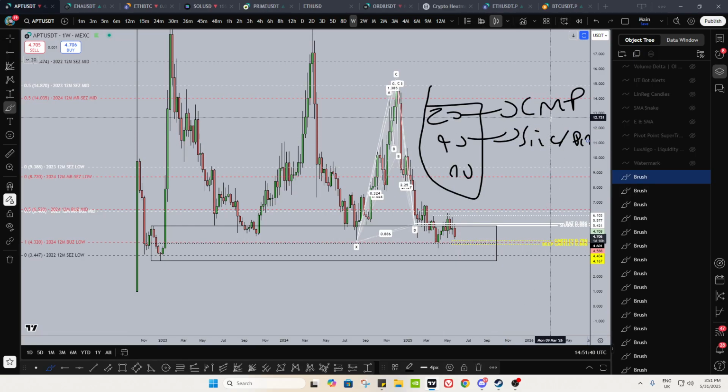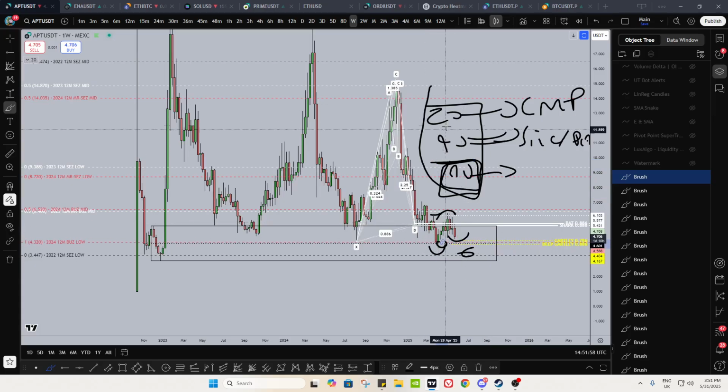So if your local resistance gets flipped to support, so if you go down to your next key area, for example, you DCA with this allocation, and then this last one you leave for when the trend shifts. So when the last lower high, that left of the lower low, gets taken out and a higher low comes in, that's when you throw this in. So I'm currently on this portion, okay?